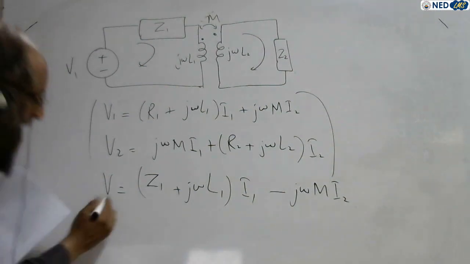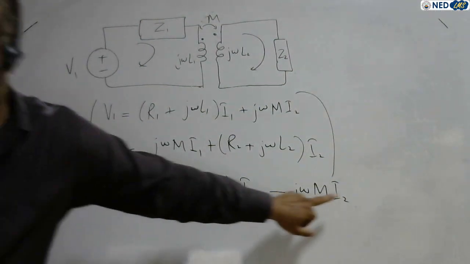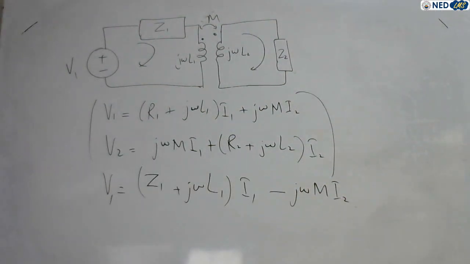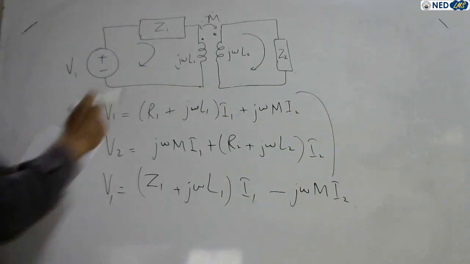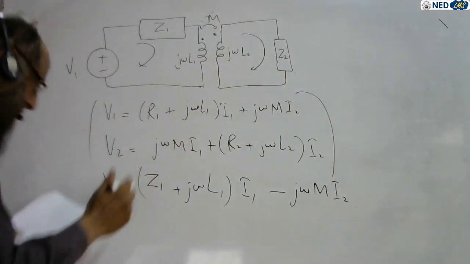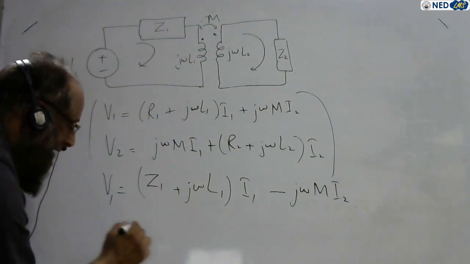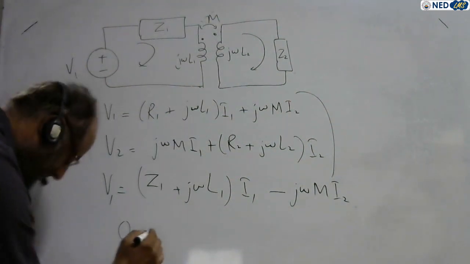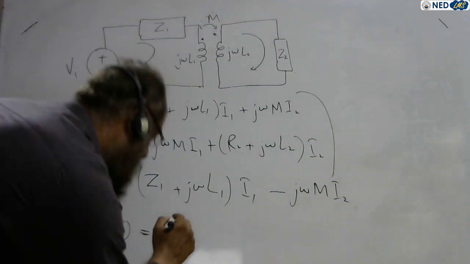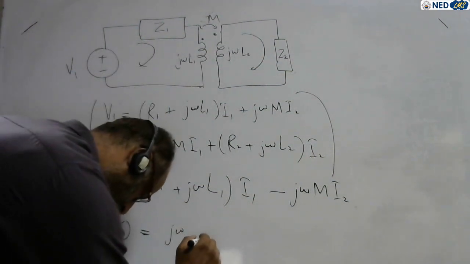This one is V1, and the mutual due to I2 has a minus sign, right? And what is the KVL equation for loop 2? This one is loop 2. In loop 2 there is no voltage source, so the left hand side becomes 0, and the right hand side becomes